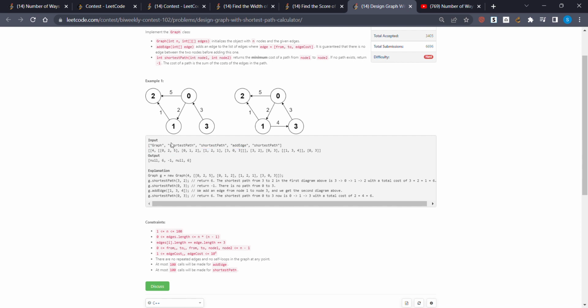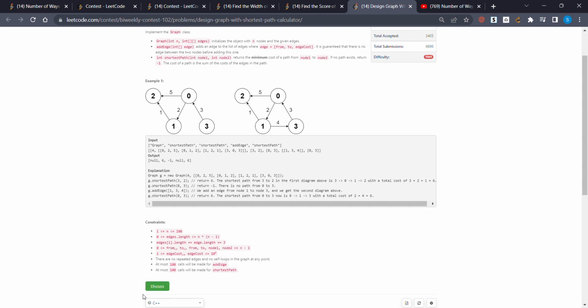In the shortest path method, you just implement that and return the path if it exists. You make a resultant vector for storing the shortest path, given two inputs: source and destination. From the source to every node we are going to calculate the shortest path, and if there is a positive distance or a distance between